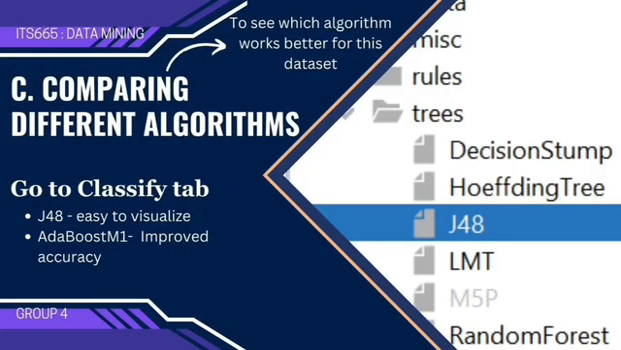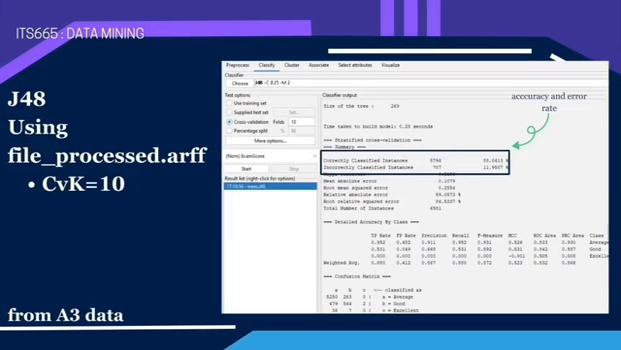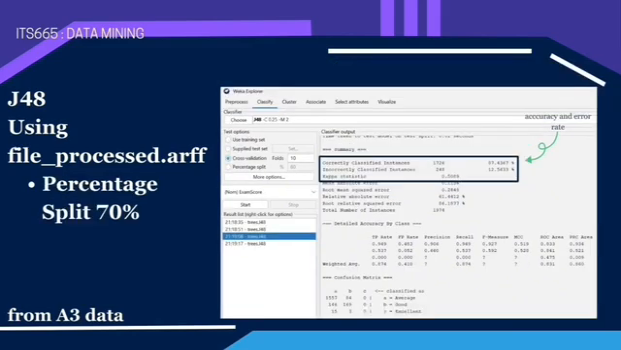Section C. Comparing different algorithms to see which algorithm works better for this dataset. J48 is easy to visualize and AdaBoostM1 improves accuracy. From the Classify tab, click Classifiers and choose J48. Next, we use classifier J48 for cross-validation 10. The accuracy is 88% and the error rate is 11%. Next, using percentage split 70% and 30%, the accuracy for this is 87%. The error rate is